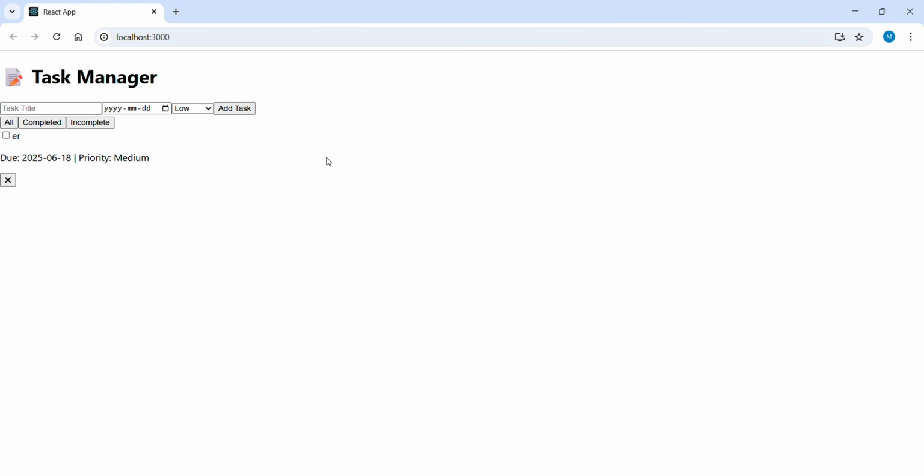Hi guys, today I have come with a Task Manager app. Task Manager is a simple yet powerful React-based web application that allows users to efficiently create, organize, and track their daily tasks.